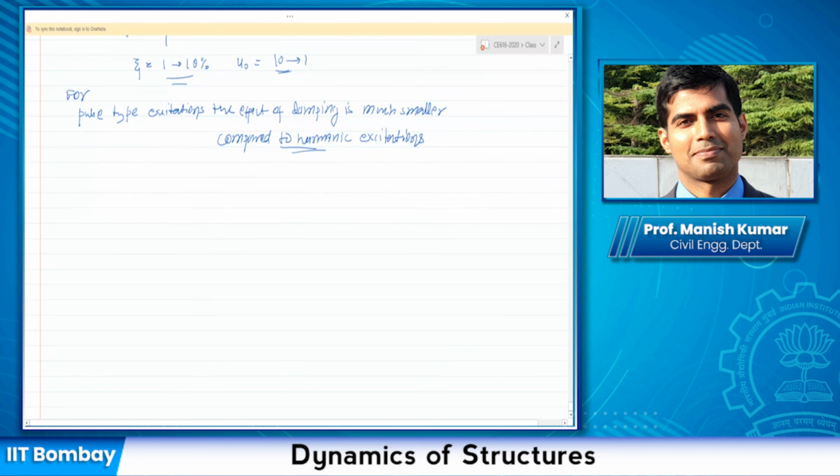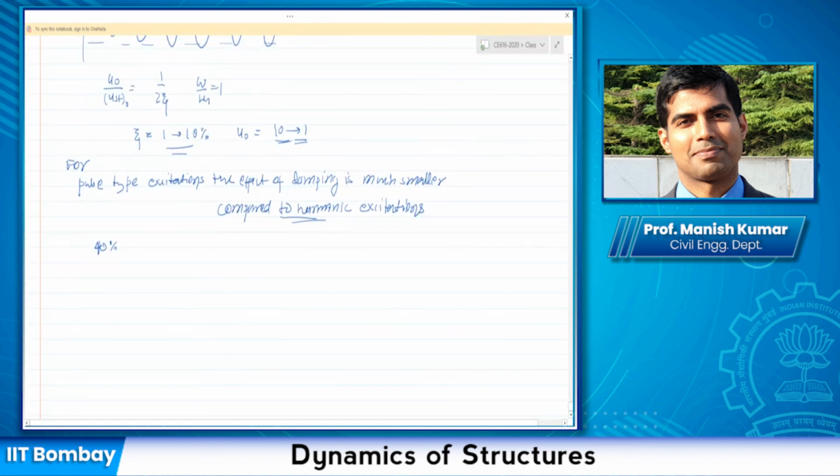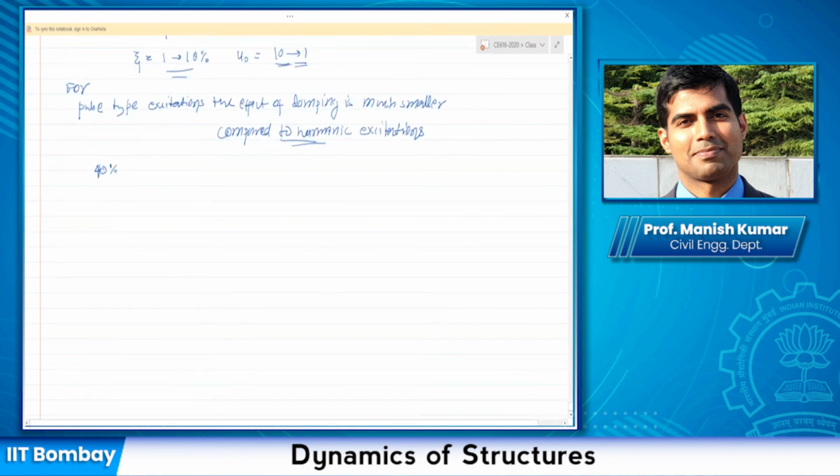Of course, if you have a very high damping, let us say 40% damping, the response would change, but not as drastically as what you have here, where if the damping is changed from 1 to 10, then the response is reduced by a factor of 10, so almost by 90%. It does not lead to that much of a difference here. So for most of the cases it does not matter that much, but let us say for some problem, you have been given an impulse I, and you need to find out what is the u(t) for a damped system.